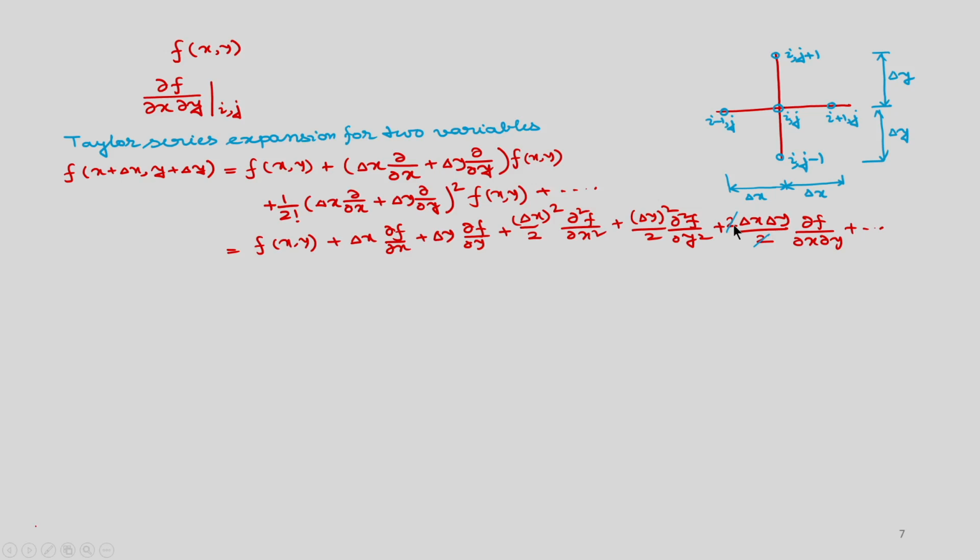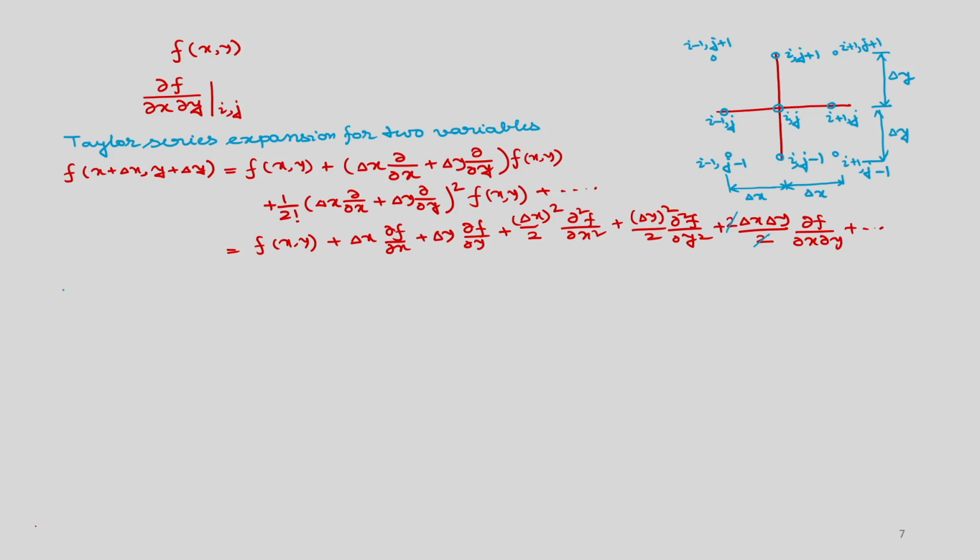So, now if you expand all these, f I plus 1 j, f I minus 1 j, f I j plus 1 and f I j minus 1, then you can write all these points. Another points you write here: I plus 1 j plus 1, here another point I plus 1 j minus 1, this is your I minus 1 j minus 1 and this is your I minus 1 j plus 1.